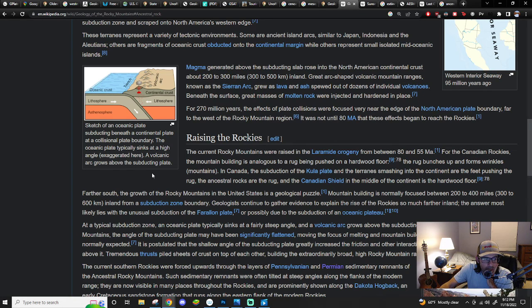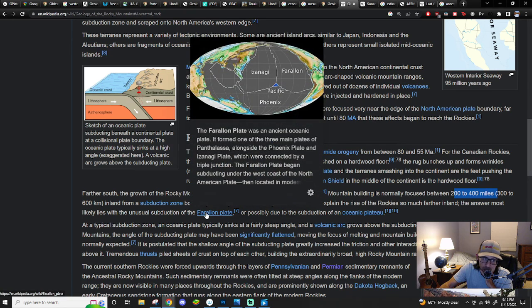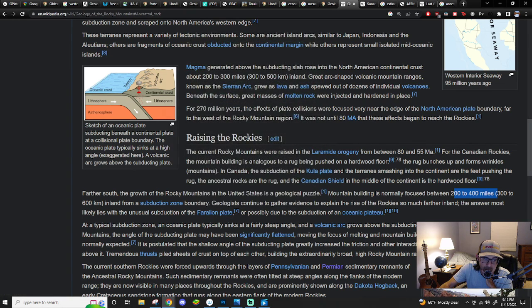Further south, the growth of the Rocky Mountains in the United States is a geological puzzle. Mountain building is normally focused between 200 to 400 miles inland from a subduction zone boundary. Geologists continue to gather evidence to explain the rise of the Rockies so much further inland. The answer most likely lies with the unusual subduction of the Farallon plate, or possibly due to the subduction of